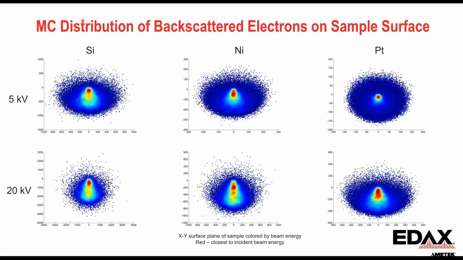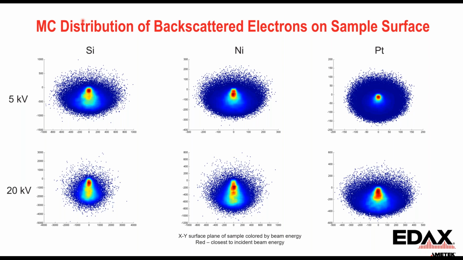So for EBSD, the patterns are primarily generated by the near incident energy electrons. And so, looking at the redder colors gives an idea of the interaction volume for EBSD